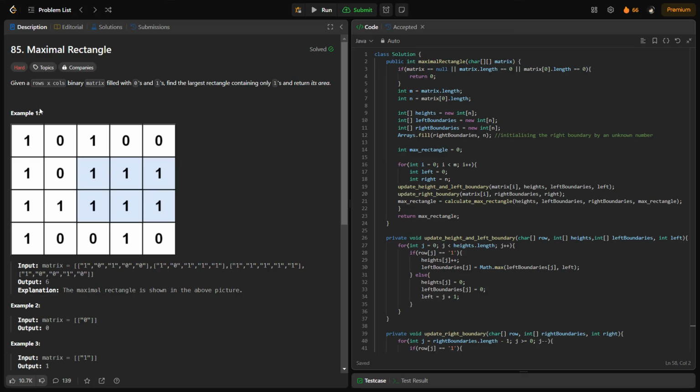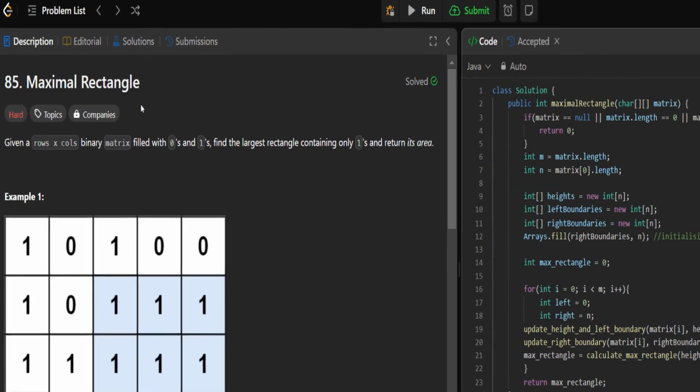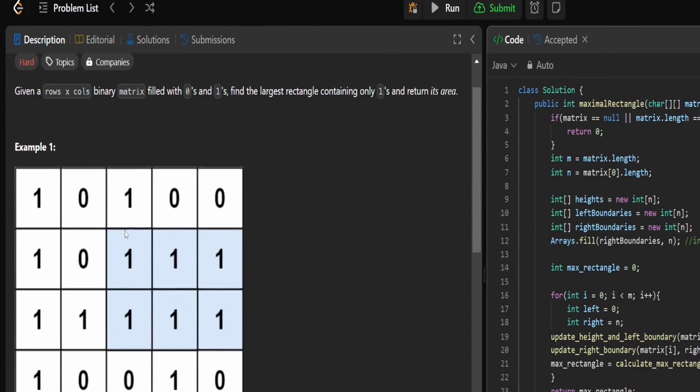Another LeetCode question. I'm Ishan and today we'll be solving Maximum Rectangle. This is question number 85 from LeetCode, and we have been given a matrix,